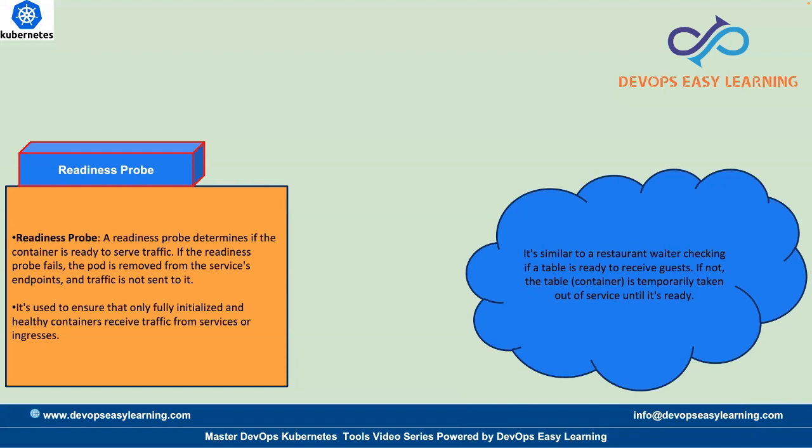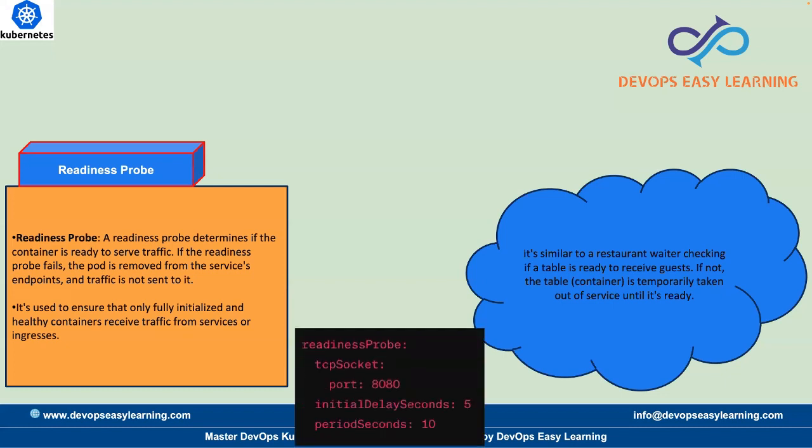If you're a waitress in a restaurant, you check if the table is ready to actually accept customers. You want to make sure that the table is clean, sanitized, and the chairs are well arranged before people come in. So you're performing the readiness probe there. And then we have another type of probe